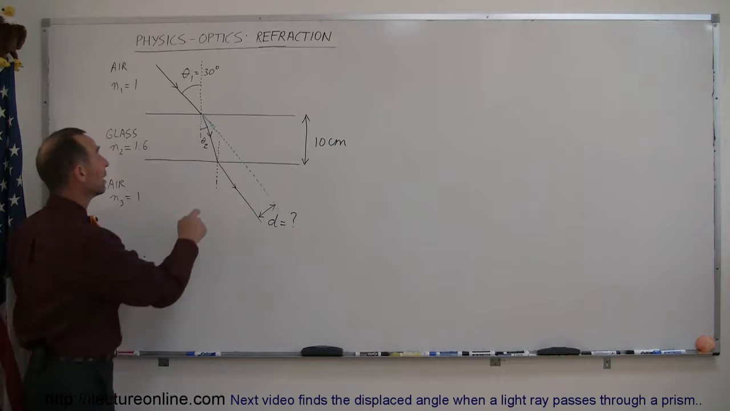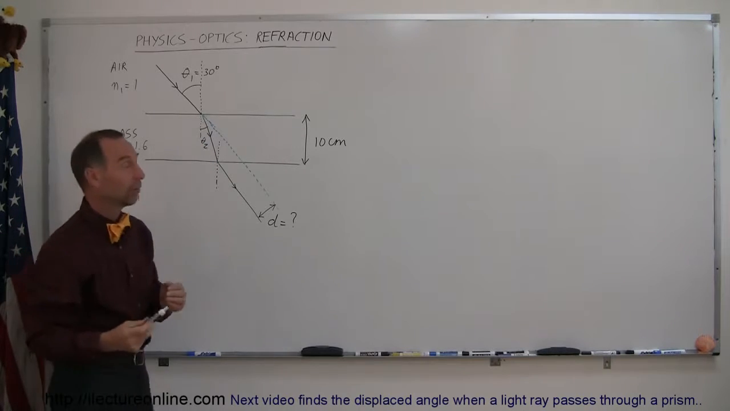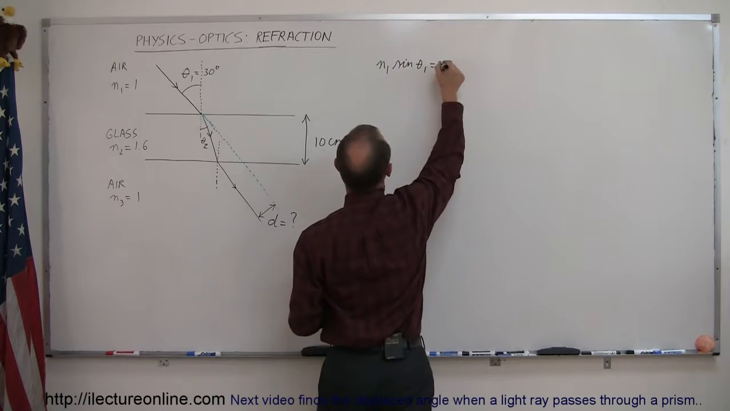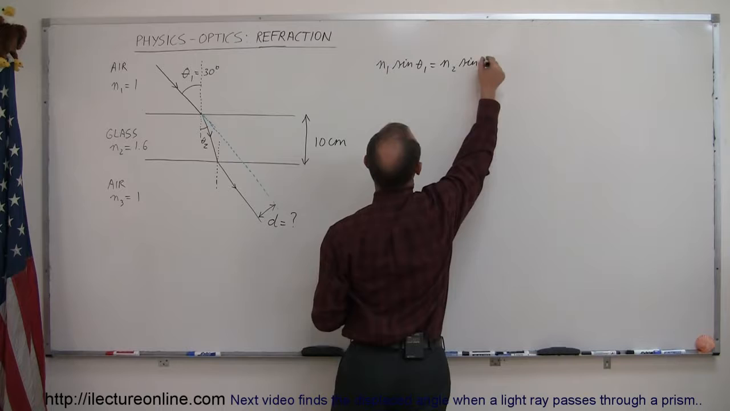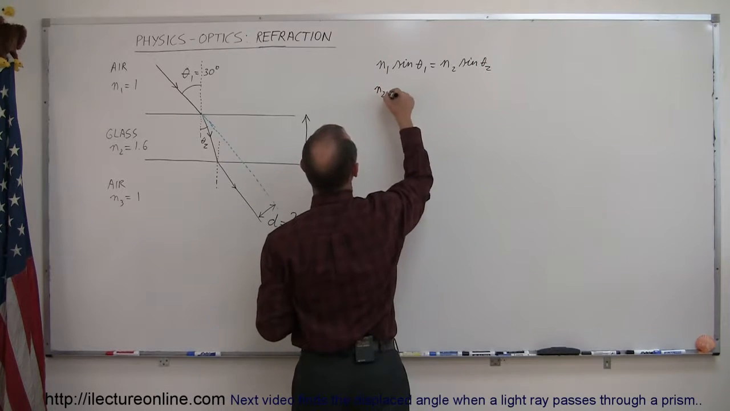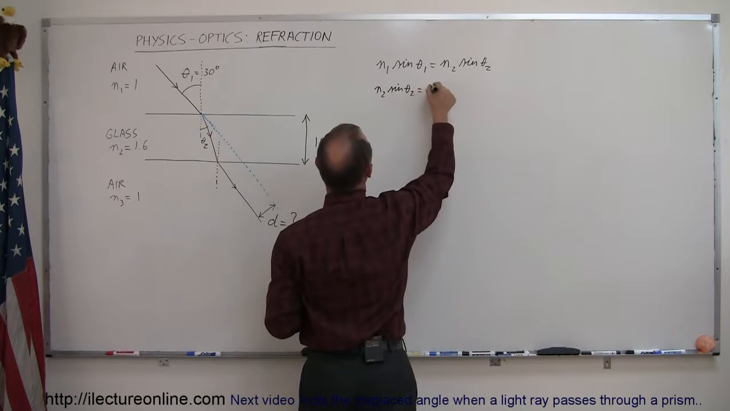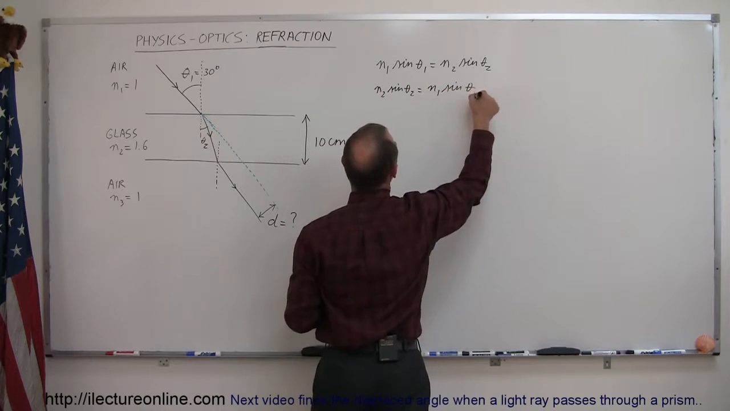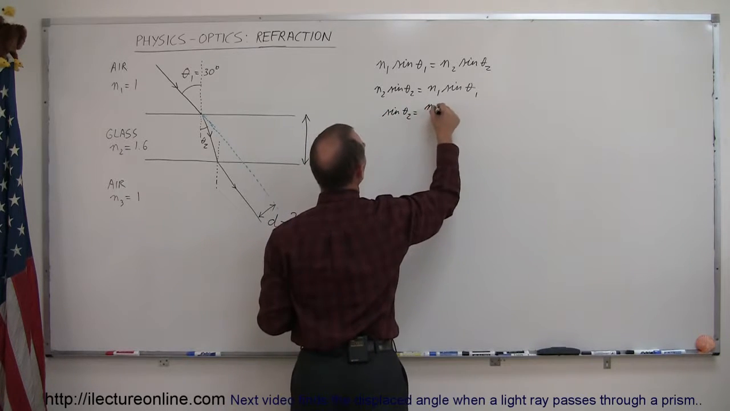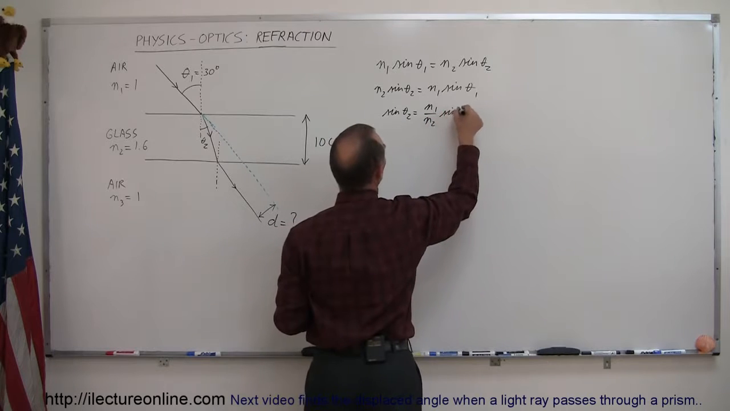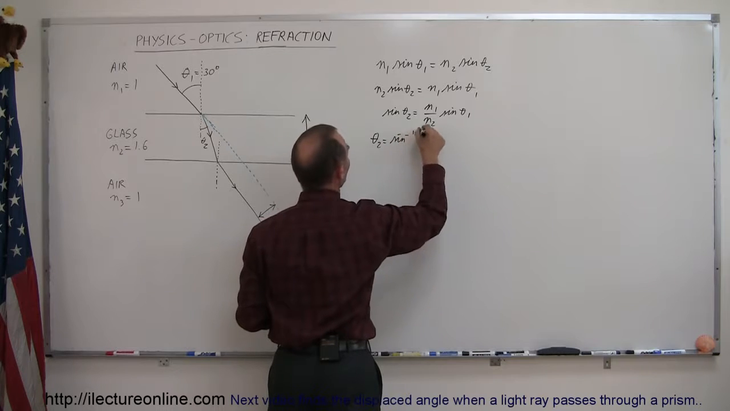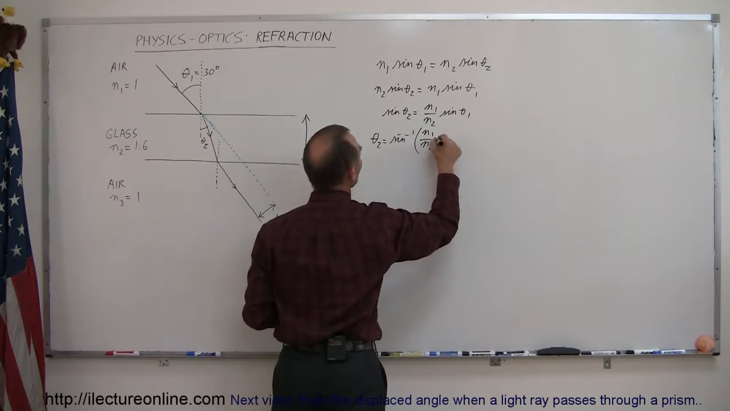Well, the first thing we need to do is find out what theta sub 2 is. And so therefore we're going to use Snell's law. So n1 sine of theta 1 is equal to n2 sine of theta sub 2. Solving this for theta sub 2, we're going to switch the equation around. So we have n2 sine of theta 2 equals n1 sine of theta 1. Dividing both sides by n2, we get sine of theta 2 equals n1 over n2 times sine of theta 1. And finally, theta sub 2 is equal to the arc sine, the inverse sine of n1 over n2 times sine